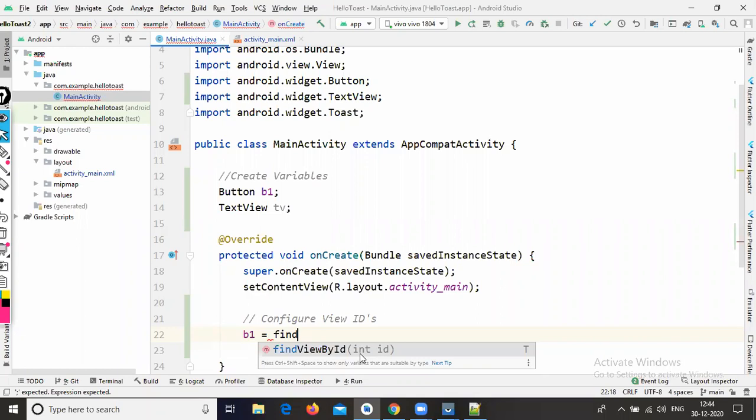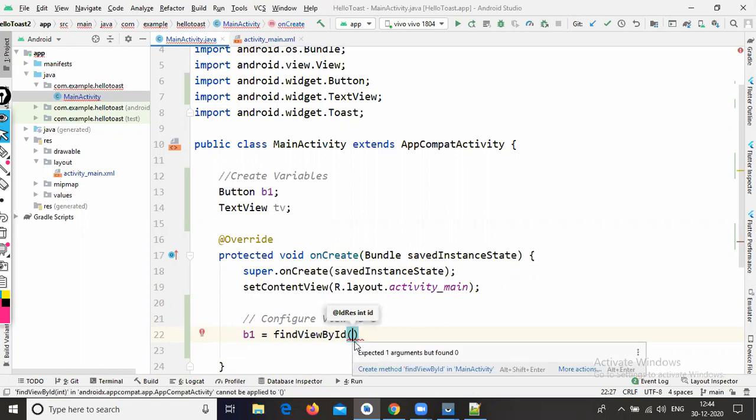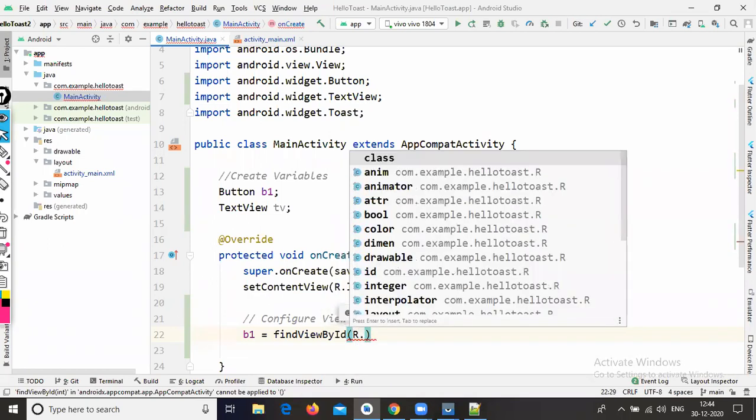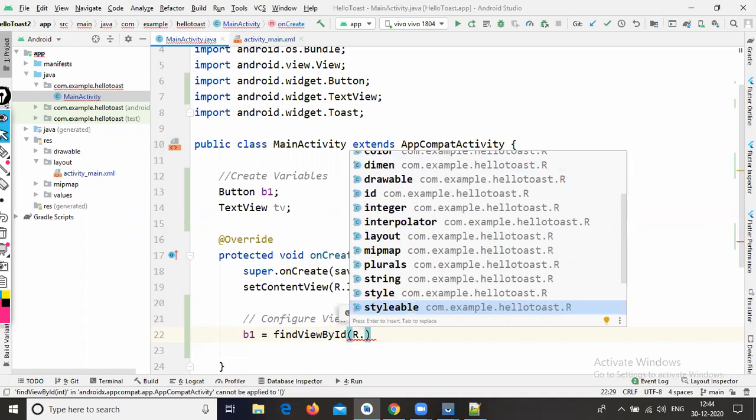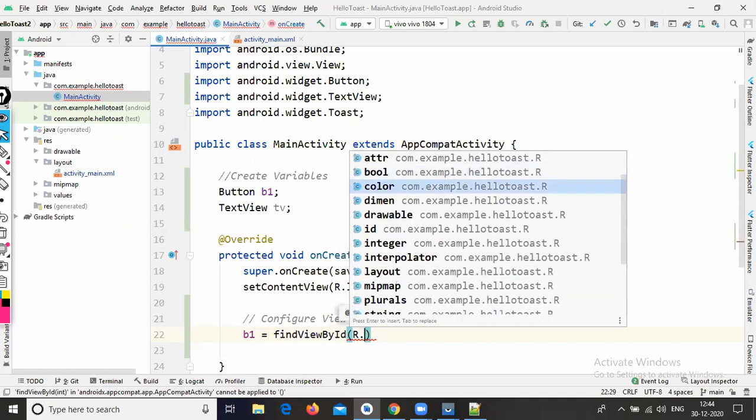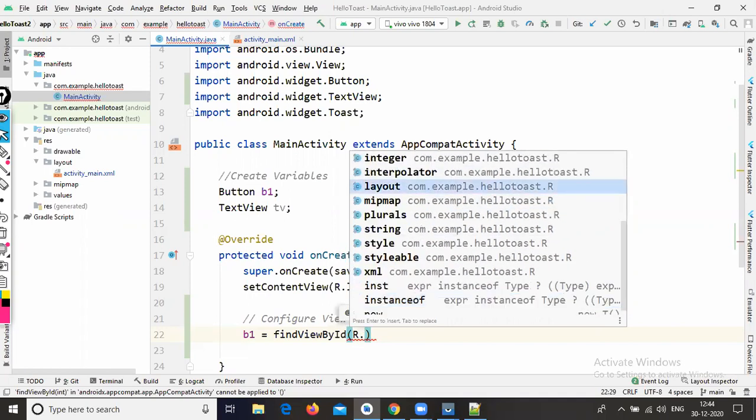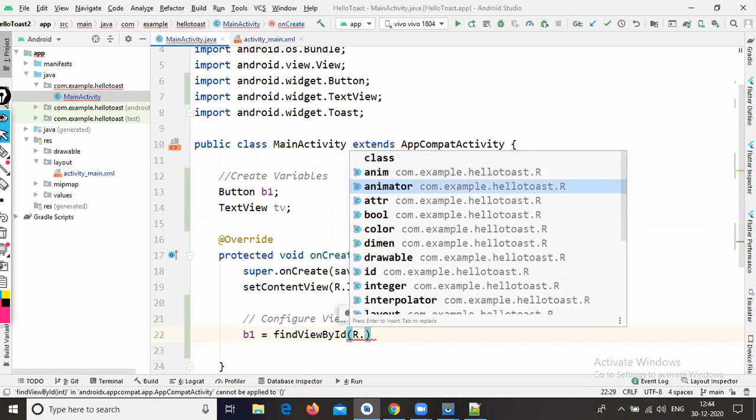Just write findViewById. Inside findViewById we need to configure the id. Just type R, capital letter, then dot. In the R.java file these classes are available, and these are all predefined classes, because they are generated by the SDK.